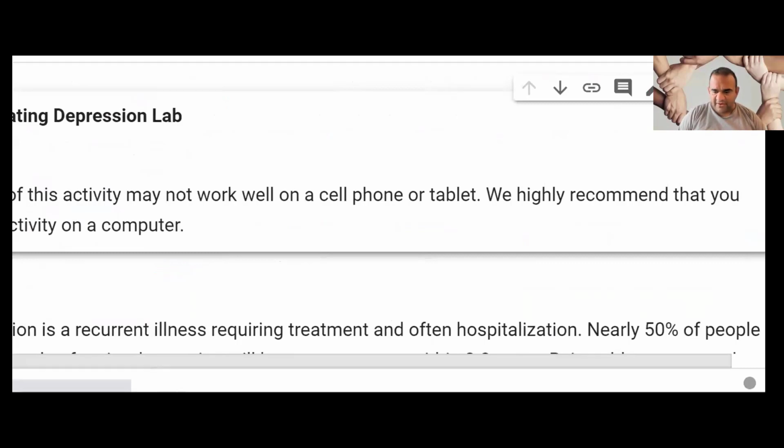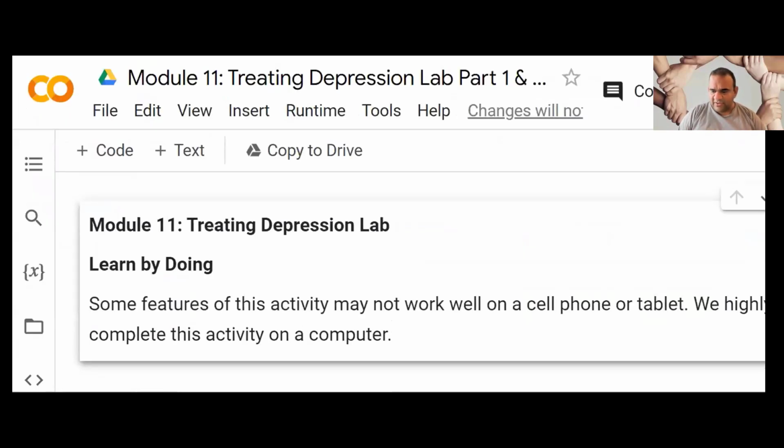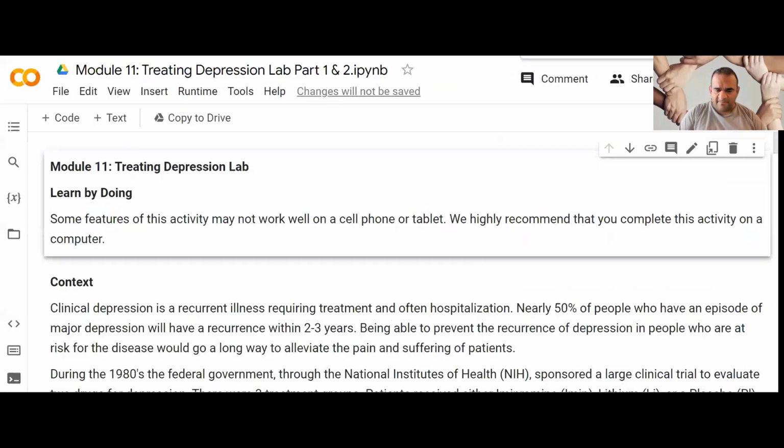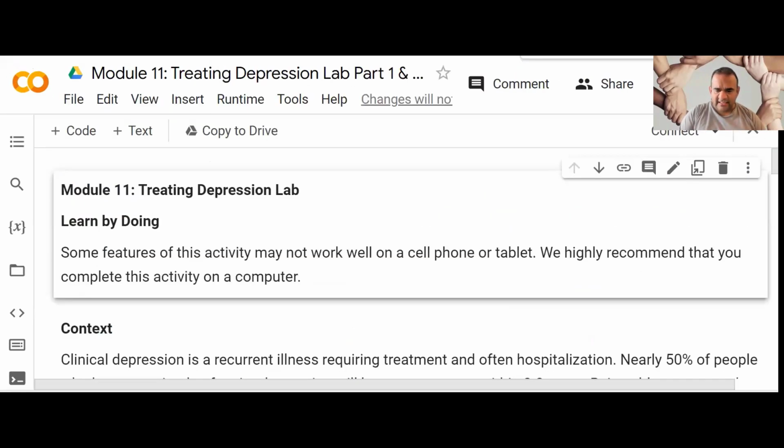Let me expand the window so we can see the whole screen. Now, the nice thing with this, you can make it more accessible by doing Control minus, Control plus. You can zoom in, zoom out, keep it in the font size that is easier for you to access the